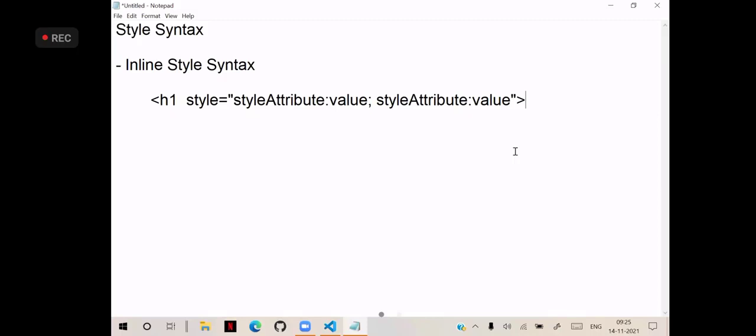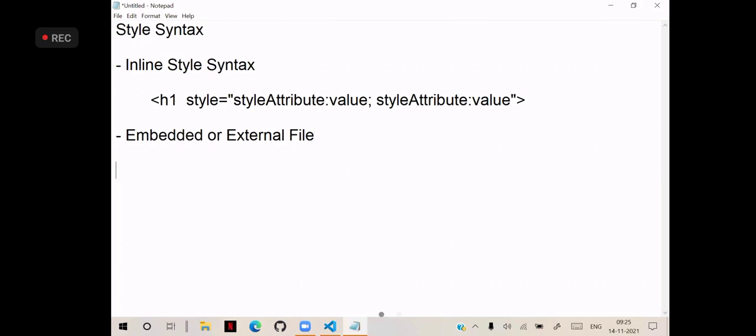By default, it applies to the current element. So this is simple. But when you are writing styles embedded or in an external file, meaning in a separate file,